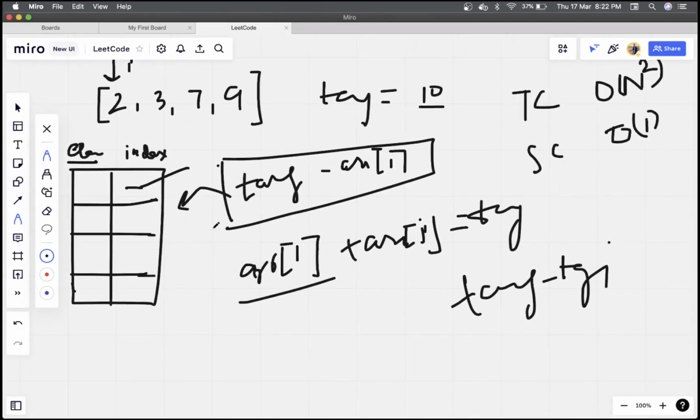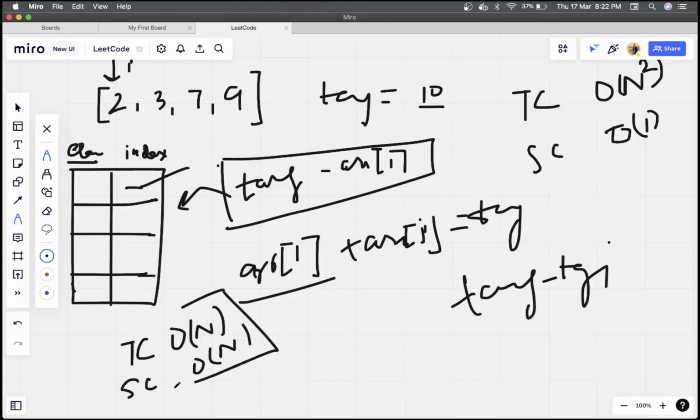The time complexity in this is order of n, because we iterate the array only one time in a linear way, and the space complexity is order of n, right? But it is still better than the previous solution.